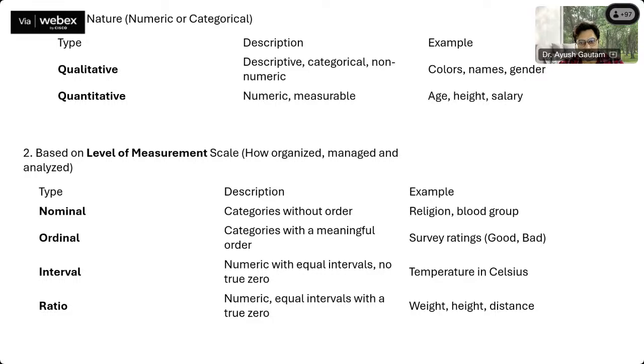You must have heard them in statistics, right? But those chi-square test, t-test, hypothesis test, mean, median, mode, etc., cannot be calculated on all sets of data. There are some requirements, some specification of the data, based on which we have to decide what mathematical operators can be applied. So that classification is the data classification based on the level of measurement. It is basically four types: nominal data, ordinal data, interval data, and ratio data.